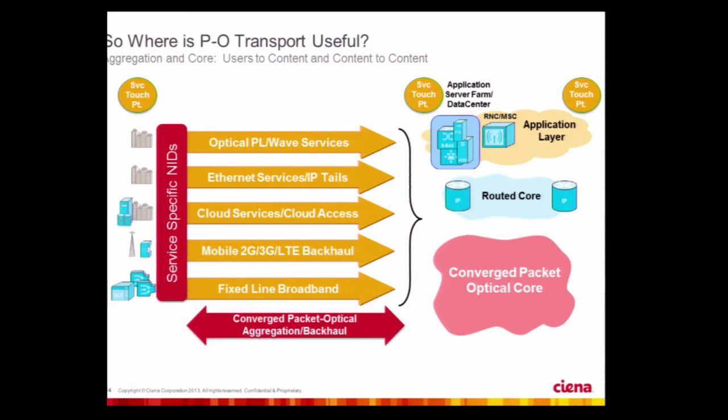So, in terms of the open infrastructure, this slide shows this more clearly with a couple of the service points here at the top. This is the service point where the users are. This is an application server farm, and this is at the application layer. So first of all, from the users to the content, you see that you can have different services, but these can all be transported by the converged packet optical platform. Also here in the core, for example, for moving virtual machines from one data center to another, we do this via the converged packet optical core, and these areas in red are where Ciena is active in this arena.